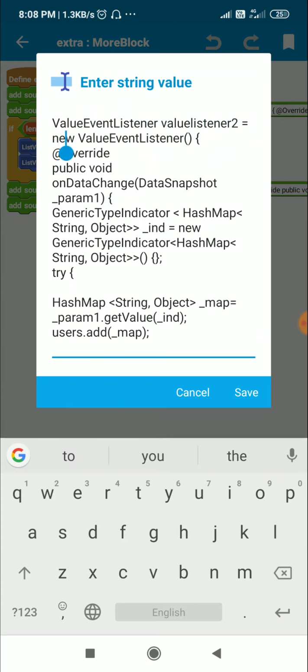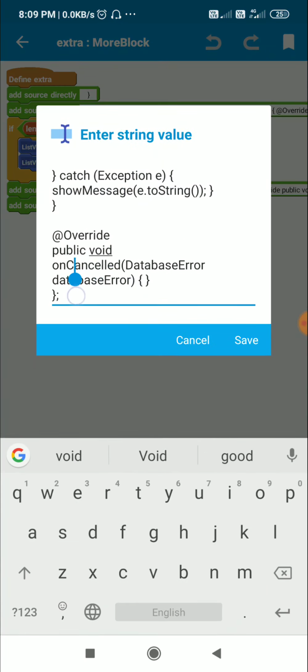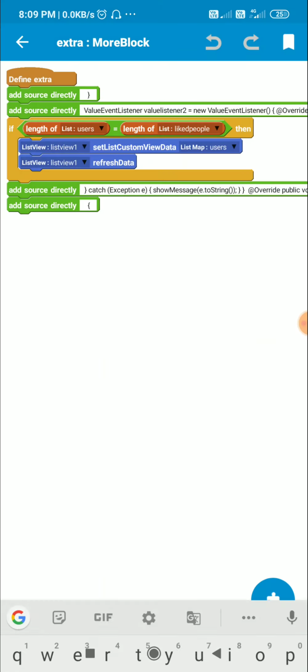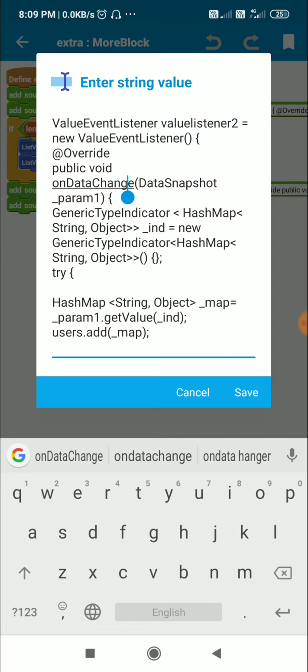This is equal to a new value event listener which contains the method onDataChange with DataSnapshot _param1, and it also contains a method onCancelled with variable DatabaseError, and in the end I close this value event listener. So let's have a look at this onDataChange method.